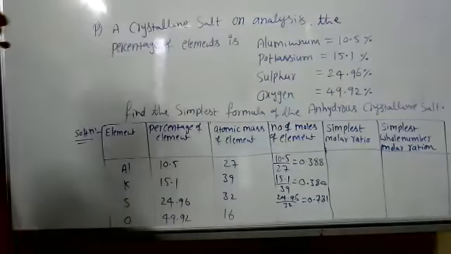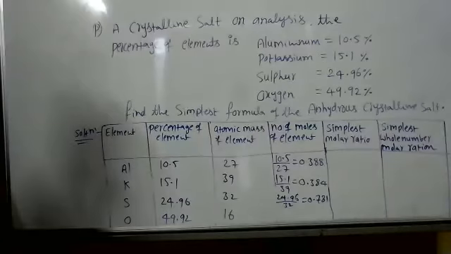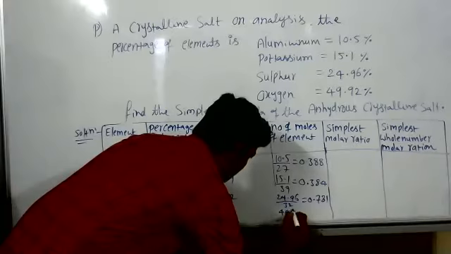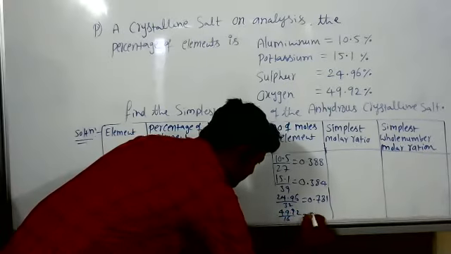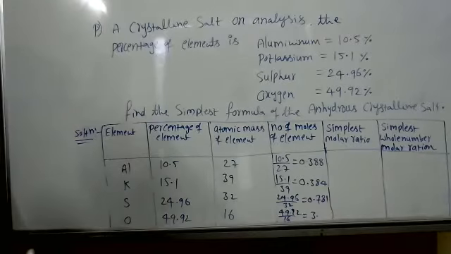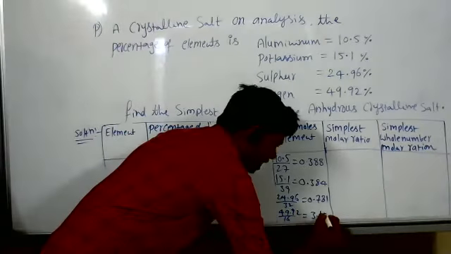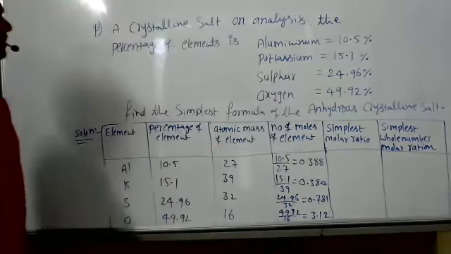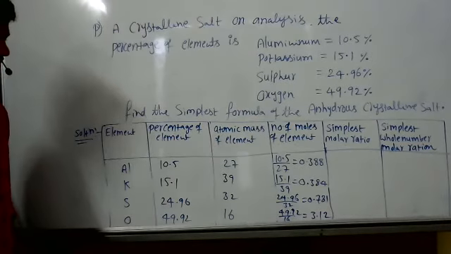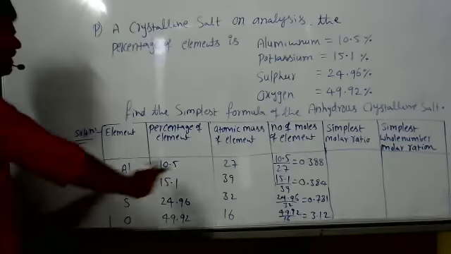Next, oxygen, 3.12. It's exactly coming 1 to Ananya. 9 by 16, 3 point something. I took 50, that's why. How much? 3.12, sir. Okay, exactly. Sir, if we take the percentage as a whole number, then they don't sum up to 100. So we are getting exact values. Given values only you can apply.